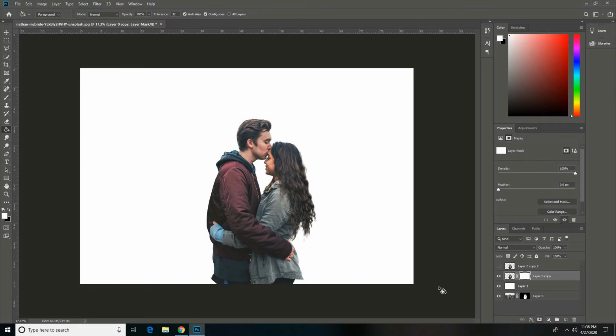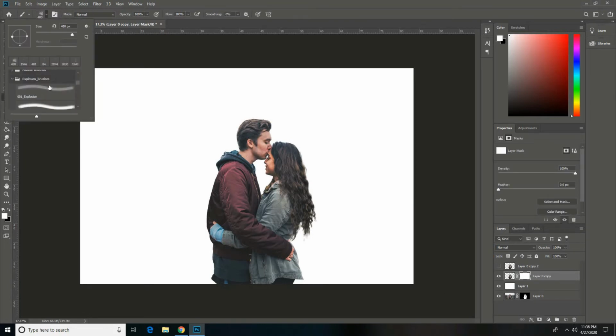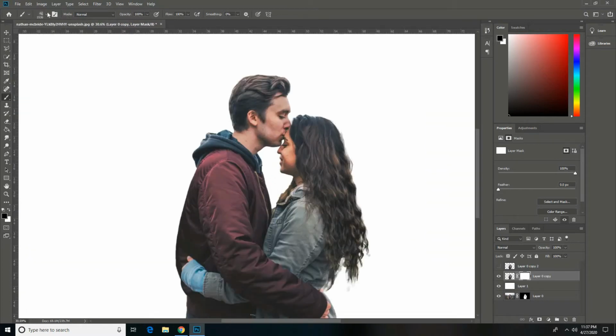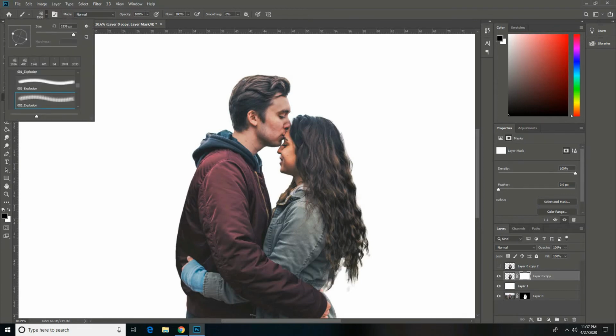Now put a layer mask on it and use a brush tool. Now you have to use explosion brushes. I'll give the link in description so you can download it from there. Now make sure the foreground color is black. Take an explosion brush,